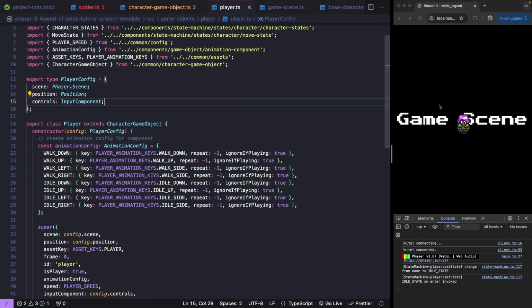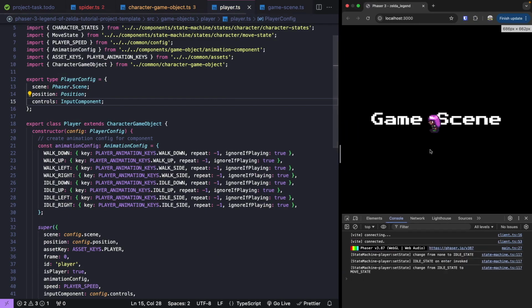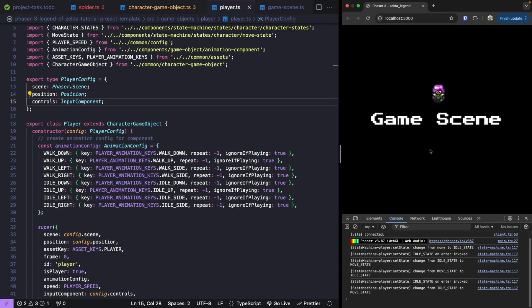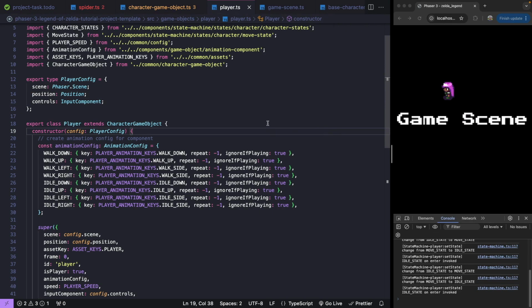And now if we save our code, let's come over to our browser and we should be able to test. And so now if we move our player around our scene, we should see that our player's animations and our directions are still working just like before. All right, so now that we've verified our base class is working,